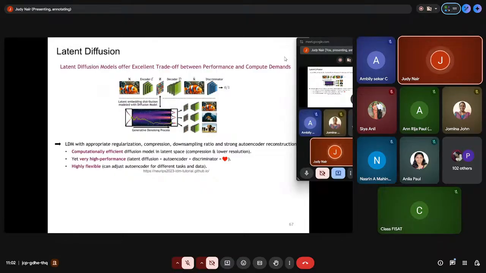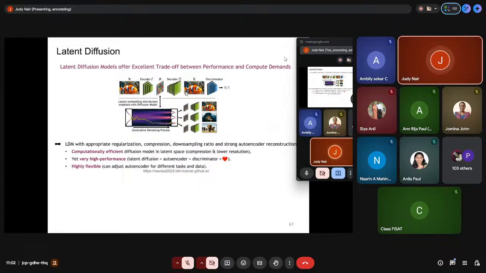So you can see here, the encoder is there, you have a latent space Z, and there we are running the diffusion model. This is the whole diffusion model that is being generated. It is learning the distribution from the latent embedding, and then the diffusion process works.